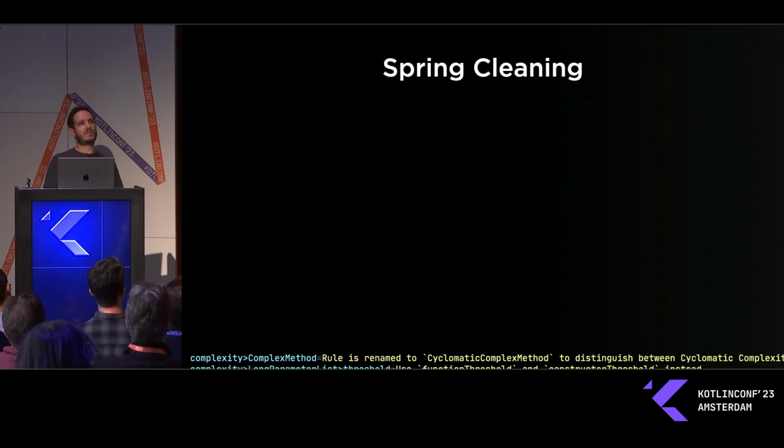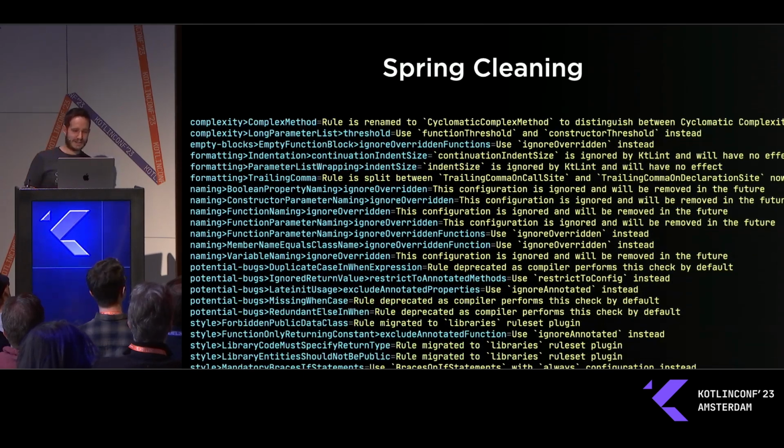What happens is, we add a property to a rule, and then at some point we realize this property doesn't really work well. Maybe we need to split it in two. But what happens with the old one? We deprecate it. And we collect all of them in our deprecation file, which is used to inspect your config